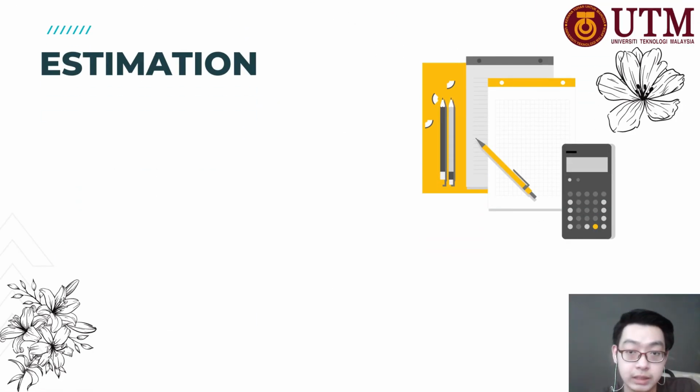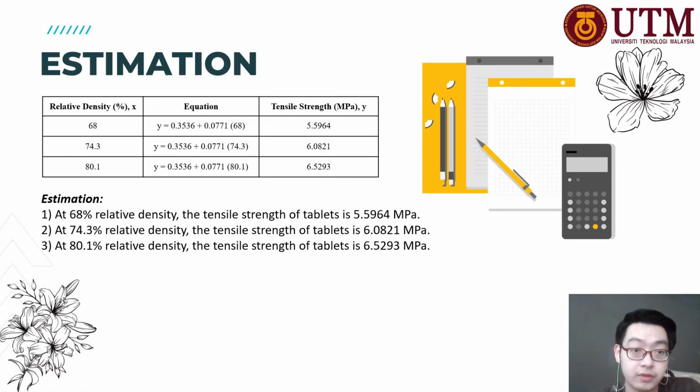Now we come to the estimation part. This is the table for the estimation calculation. As you can see, we have relative densities of 68, 74.3, and 80.1. We substitute them into the x value in the straight line equation, and then we get the y value as our tensile strength. The result is that at 68% relative density, tensile strength is 5.5964 MPa, at 74.3% it is 6.0821 MPa, and at 80.1% it is